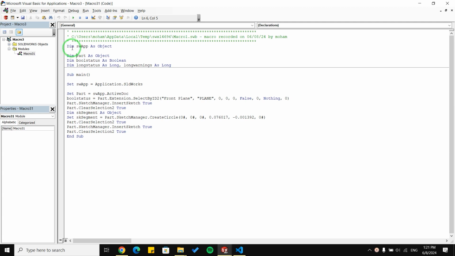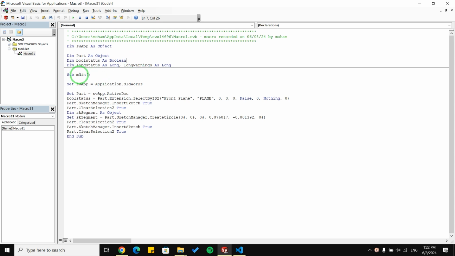For example, you can see here in Visual Basic, SolidWorks defines SwApp, or SolidWorks app, as an object. And for another example, bool status as a boolean. So these are different kinds of variables we have in Visual Basic.